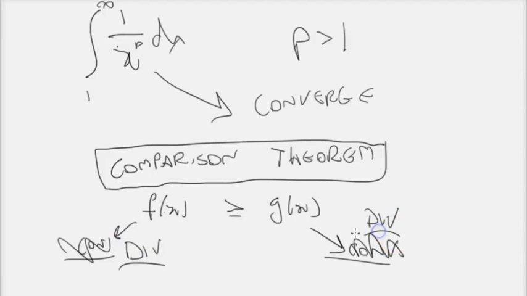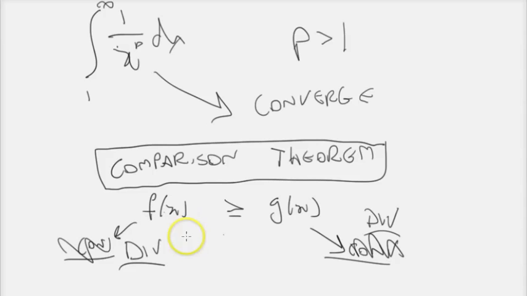And so this is a pretty helpful theorem when we're just looking at integrals. If you have one integral that you don't really know how to solve, but it looks kind of similar to another one that you know is either divergent or convergent, if you establish that the integral at hand is larger than or smaller than it, you can learn something about its convergence or its divergence. So that's the first kind of improper integral. We've got these infinite integrals. The second kind